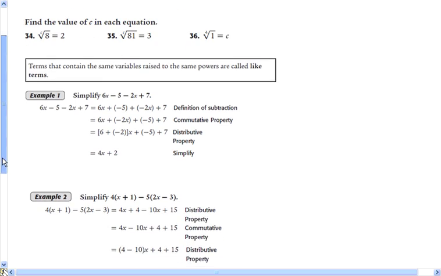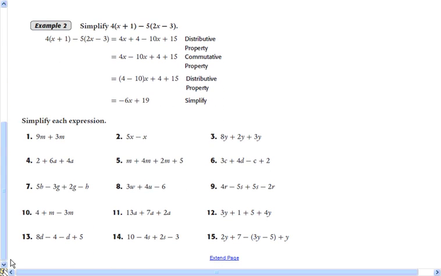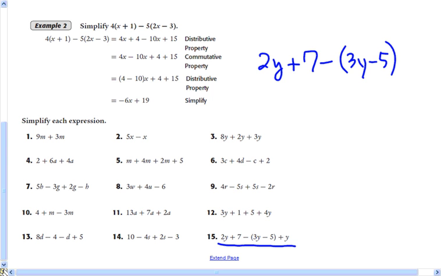And we've done a lot of these simplifying expressions, but I want to do one where we are subtracting a quantity, like number 15 here. And so you can learn how to deal with that. Maybe I'll do one or two examples. But so we have 2y plus 7 minus, in parentheses, 3 minus 5 plus y. Now, when you're subtracting a quantity like this,